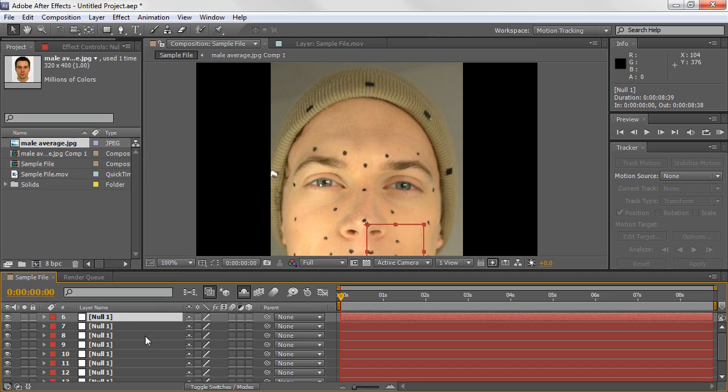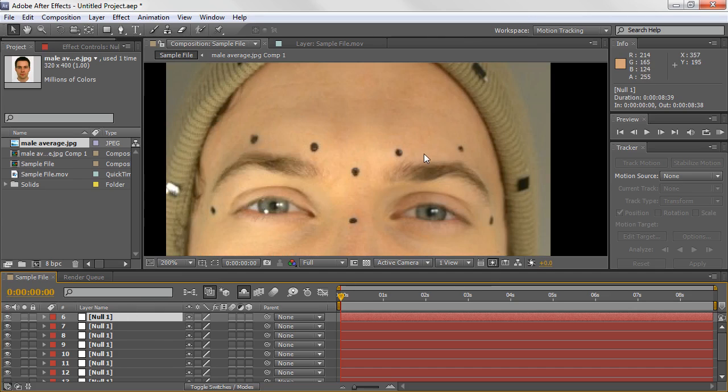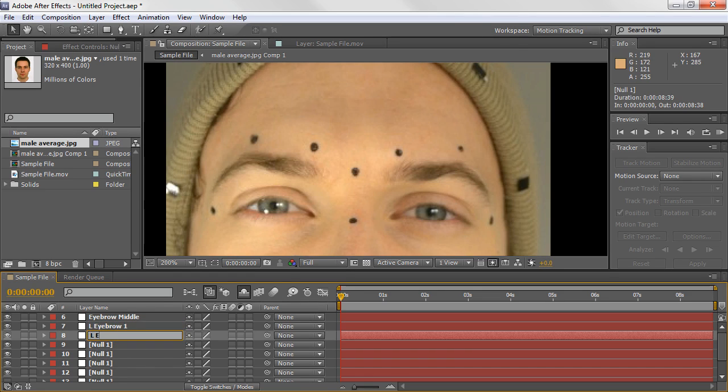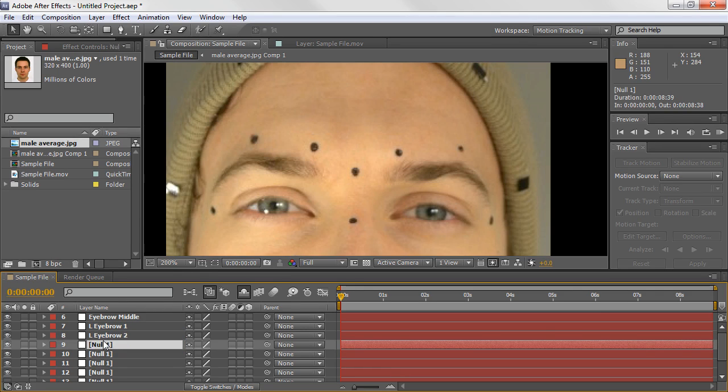And then, pretty much as before, we're going to name them as descriptively as we can. Middle out, left first, then right. So first we'll track the middle eyebrow. So we'll call it eyebrow middle. Then we'll track for this one, which we will call left eyebrow 1. And then for this one, left eyebrow 2, and then for this one,